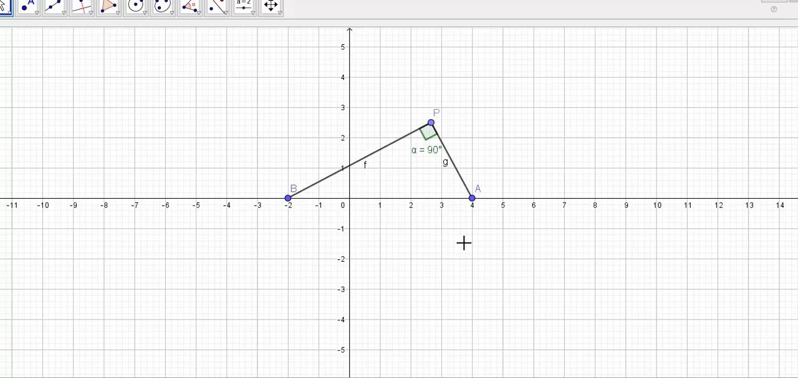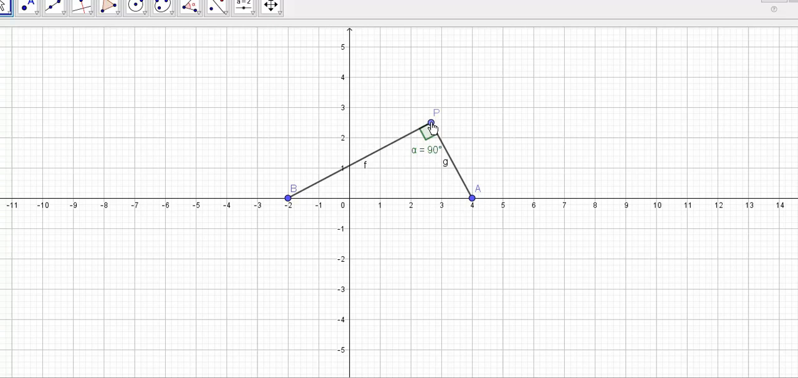So I have a situation here where I have a point A, which is located at (4, 0), and B, which is located at (-2, 0), and I have some random point P, which is at an x-coordinate of x and a y-coordinate of y. So then I need to determine